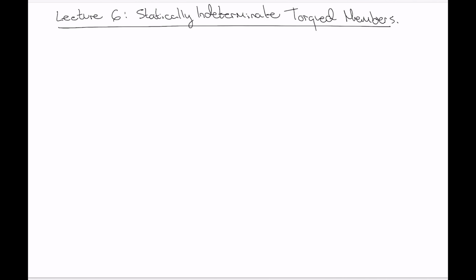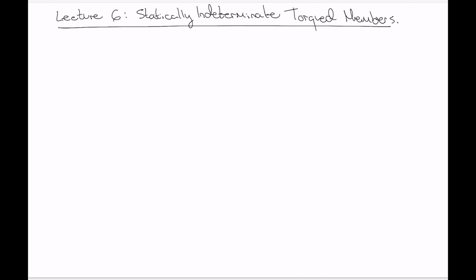So for lecture 6, we're following a similar progression like we did with axial deformation, where we did axial deformation and then we did statically indeterminate axial loads. Last lecture we looked at shear stress caused by torques and the angle of twist associated with that, and now we're doing statically indeterminate torqued members. Today's lecture is going to be a pretty short one,